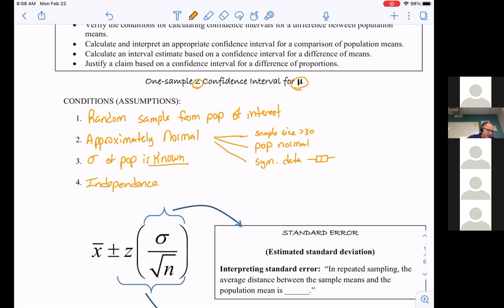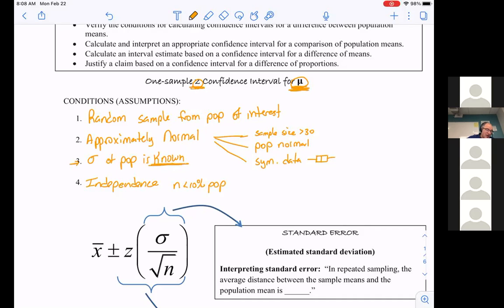Now, I struggle to even show this one just because I'm estimating for mean mu. If I know the standard deviation, it is calculated from the mean. So I'm not for sure. Basically, we have to go from previous experiences or something like that. So I struggle a little bit with why this is even here, but it's here, so we'll talk about it. But again, my standard deviation is going to be known,